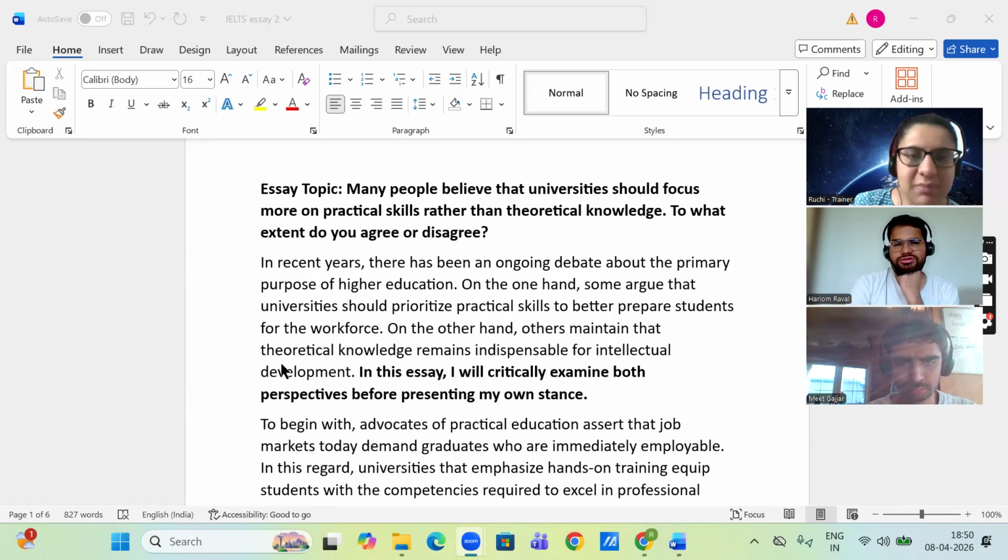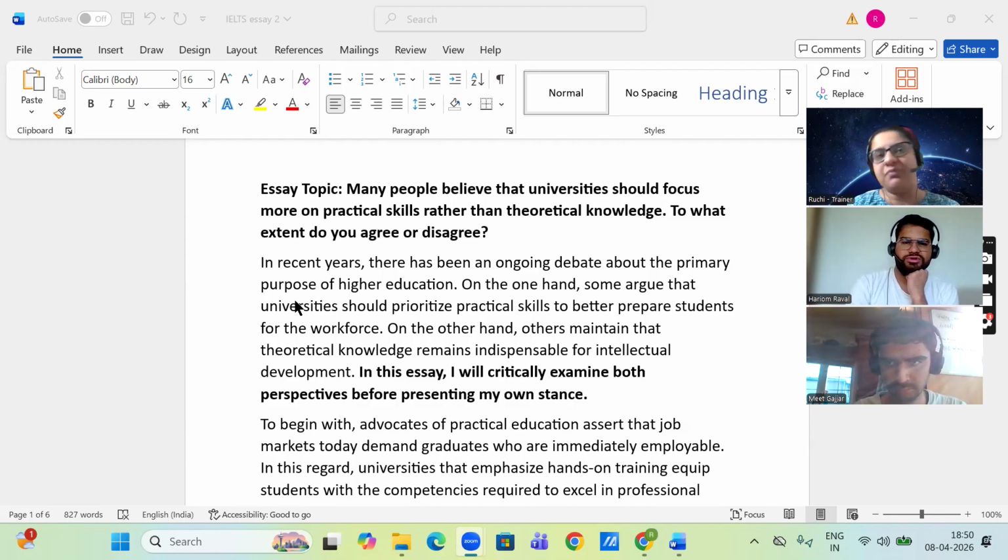So, my screen is also visible. कल का ऐसे कैसे स्टार्ट हुआ था? In the contemporary era, in today's modern world, right? And वो क्यों था? Because yesterday's topic was about technology, and technology is very much about the modern world, right? It's connected to the modern era. So वहां पे वो relevant था कि in the contemporary era. But today we say in recent years, in the past few decades, in recent years,